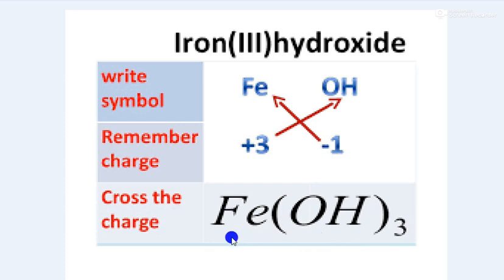And one more thing you remember here, if the valencies are the same for both the atom or the radical, then you have to ignore it. And when you interchange the valency, at that time you have to ignore the plus sign or minus sign. Only interchange the number. Don't write the plus and the minus sign.